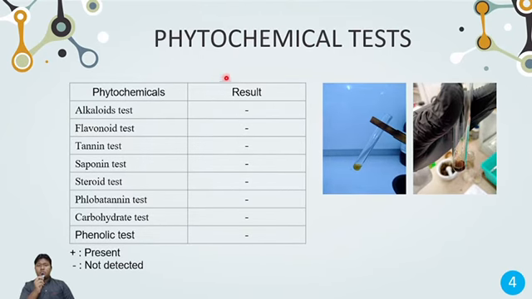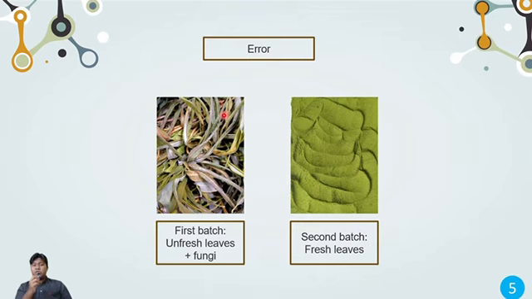This was the result for the first batch of cassava leaf extract. As we can see, all of these phytochemical tests were negative. It might have happened due to an error, wrong storage condition. The first batch of my cassava leaf was stored in a container for around 4 to 5 days, and fungi kept growing on the surface of the leaf and it was not fresh anymore,